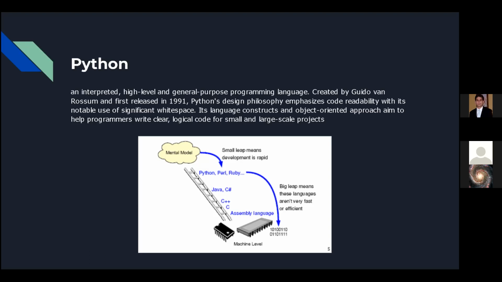And it was created in 1991. The language actually has been evolving ever since then. We're on like a 3.9 version. So a lot has changed ever since it started. Python is a high level language, and you might ask, oh, I heard like low level, high level. You might wonder what is that. So high level is basically how you abstract the language from the orders that you tell the computer. Python is one of those languages that is not compiled, so you're not coding computer readable code. It actually has an interpreter that does all the hard work for you in the back. So you don't have to worry about that.